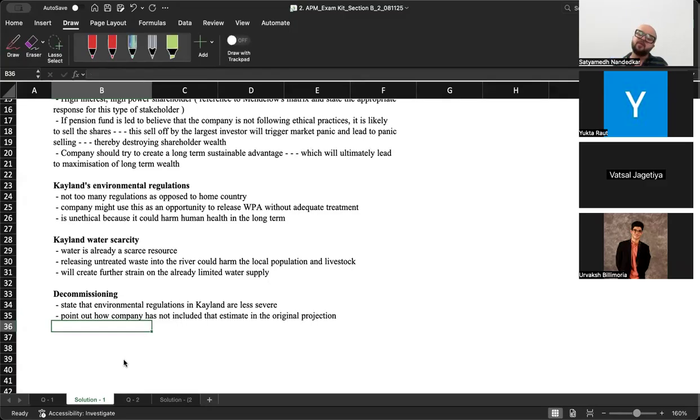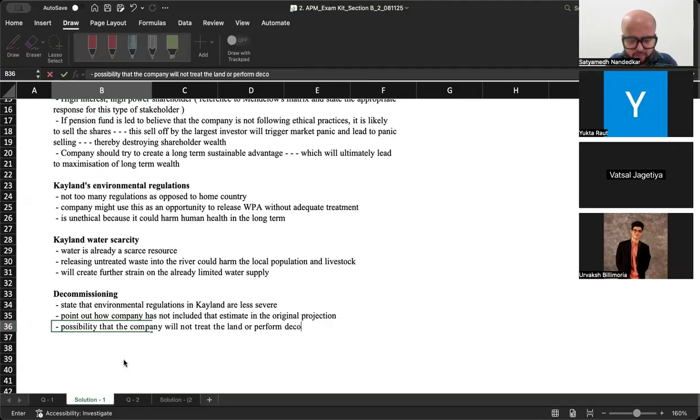So maybe कंपनी के दिमाग में होगा कि करेंगे ही नहीं, right? So there is a possibility that the company will not treat the land or perform decommissioning as per requirements and leave the premises polluted, which will impact long term reputation and